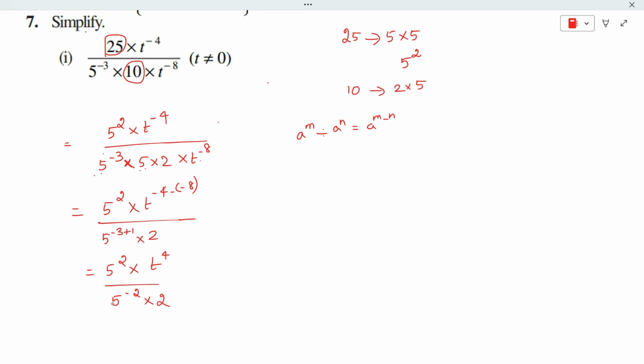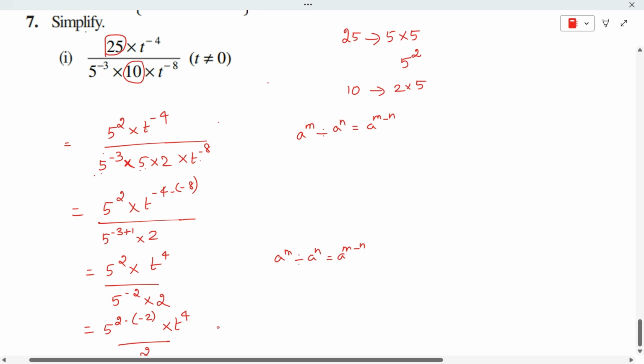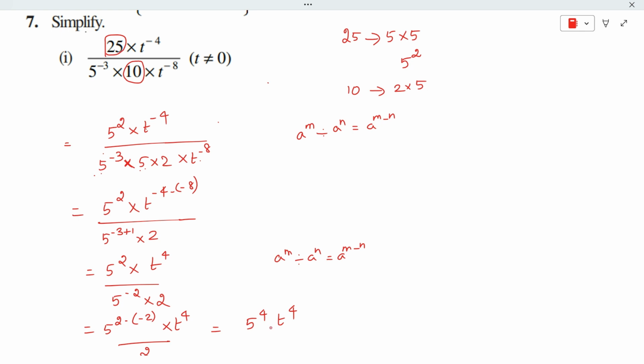Now you can use again the quotient law where the bases are same and the powers are different, isn't it? So when I'm applying the law, it will be 5 power 2 minus of minus 2 into t power 4 divided by 2. This will become 5 power 4 t power 4,